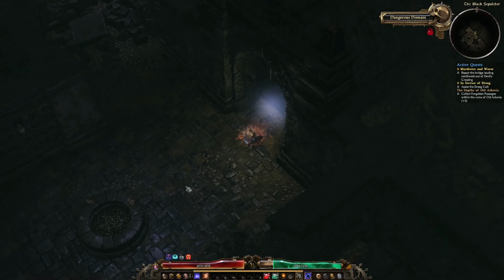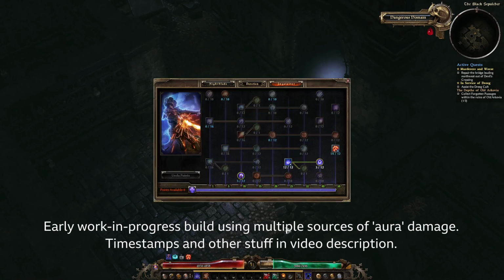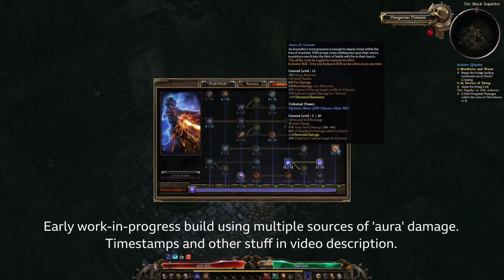Here's an interesting idea for you. I'm doing a character that's just doing aura damage. So I've got Inquisitor and Nightblade, and on the Inquisitor side there's the main skill, Aura of Censure. The thing about these auras, it creates a small radius area around you. If an enemy comes in within that radius, they take damage. You don't have to attack them, they take damage from this, it's fire and